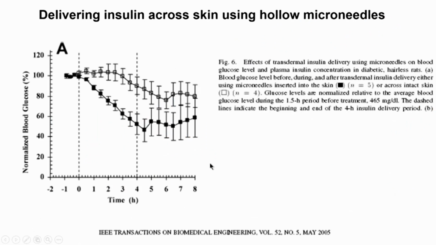So here is some more example. Here they are delivering insulin across the skin through some hollow microneedles. What you see here is that in one case they have used the insulin through the microneedles, or in this open square they have only put the insulin onto the skin. And what they are looking at is the level of the blood glucose